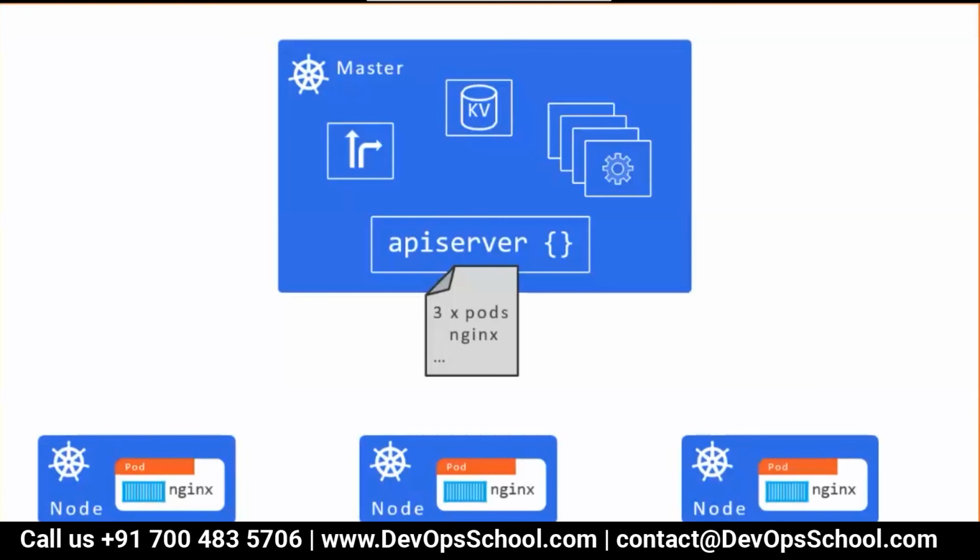We've been discussing. API server received that request, stored in the cluster, stored in etcd. Controller reported saying that we don't have a 3 pod. API server said desire is 3, current actual is 0. Scheduler, please create 3. Scheduler said, okay, let me assign this work to the node. So he's assigned scheduler, he's a supervisor, something like that. So scheduler assigned the work to we had a 3 node. Each one of these, they got a 1 pod assigned.